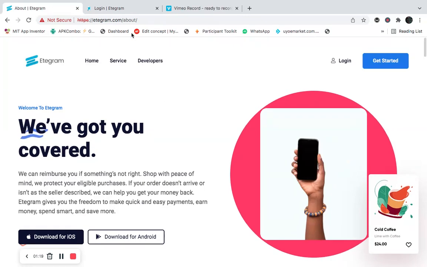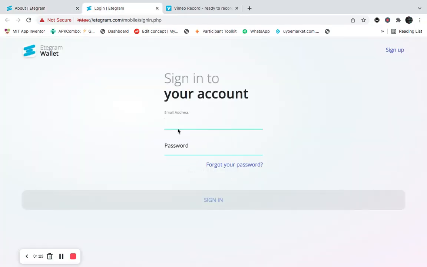So all you need to do is just get started with them. You can click on sign up. You can just log in if you have an account. If I'm clicking on sign up,